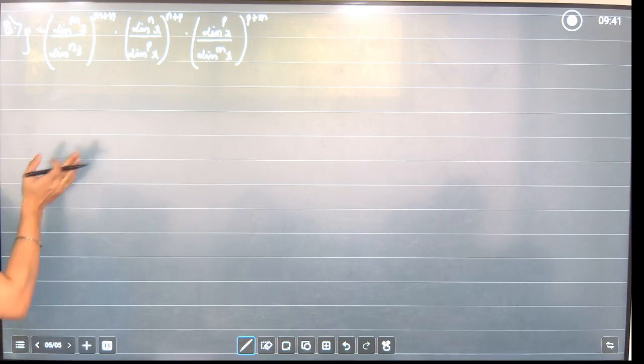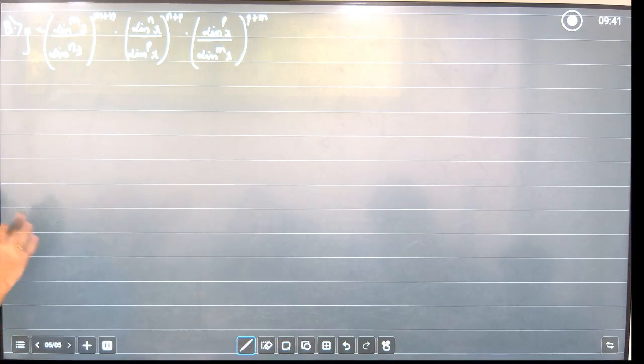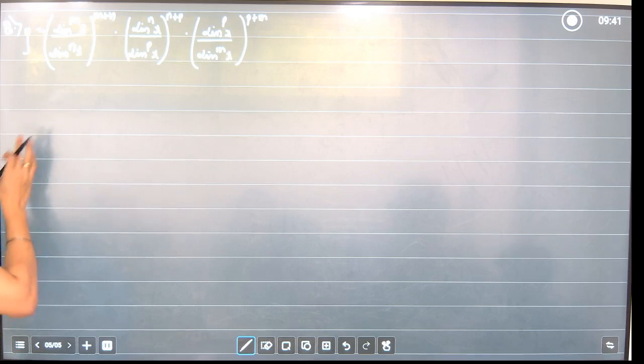So now I need to find dy by dx. Okay. Now m and n are constants, I know, but there are too many terms. You can use log and you can solve, you'll get it. But this is a normal example of